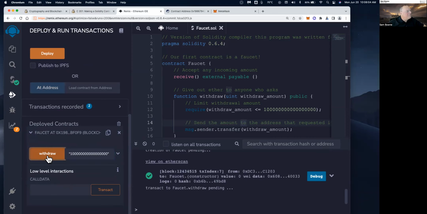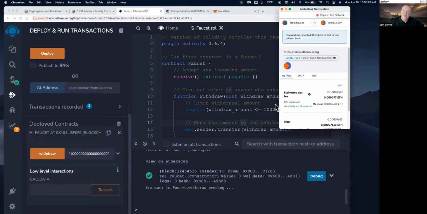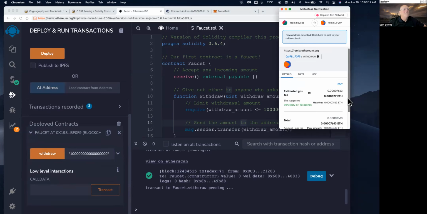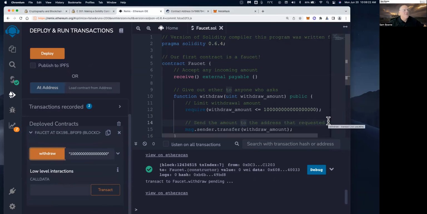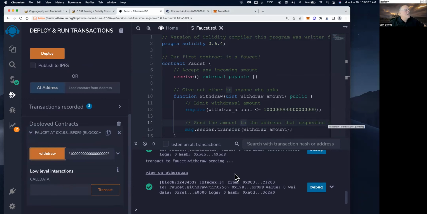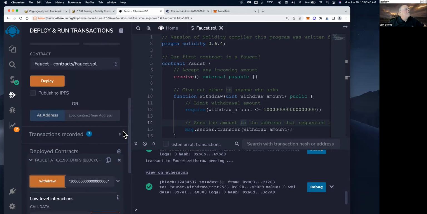And I can withdraw. Once again, the withdraw transaction will cost me some money. Everything you send to the real blockchain costs you some Ether. And here's the gas for this one, 000076. I have to approve it every time because I'm spending what would be real money if this was a real blockchain. Now, it got mined successfully, so that should mean I got the money back. And if I'd been watching my balance, well, you see, my account balance is now over 100 here. So I got something. I'm not quite sure how it got that big, but anyway,